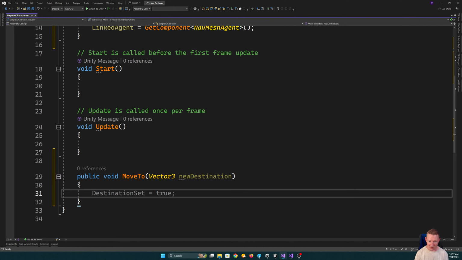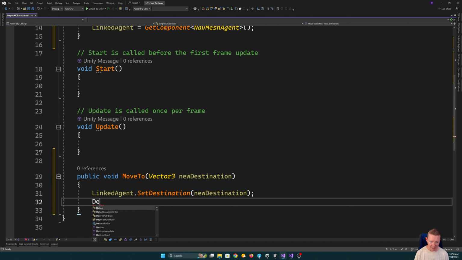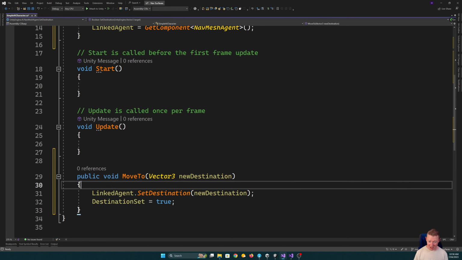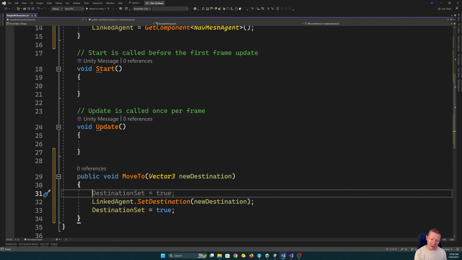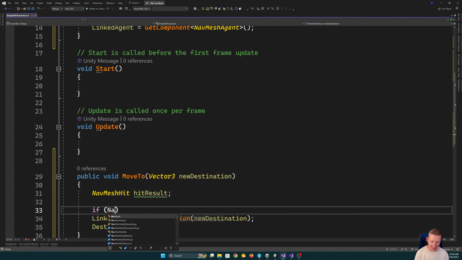It doesn't actually have to do too much with this when we're actually picking a location. Now, what I could do is I could just directly go, okay, well, agent.SetDestination and give it that. And we'll set destinationSet to true. So I could just do that. But if we click in an area that's a little bit away, then it means that it's potentially never going to get there. So what I would normally do is a NavMeshHit result, and we'll go